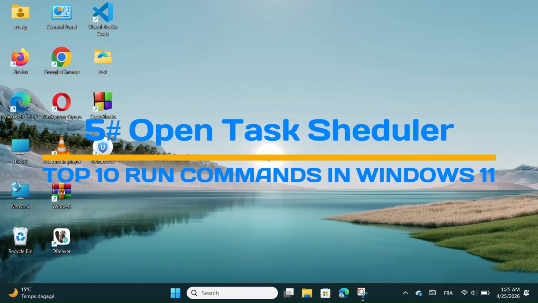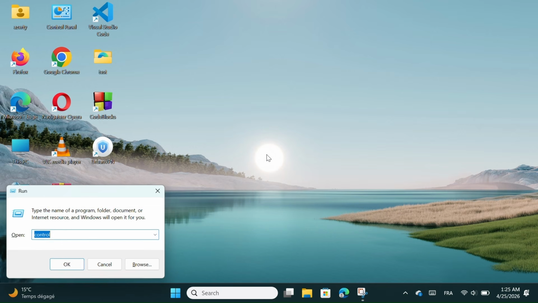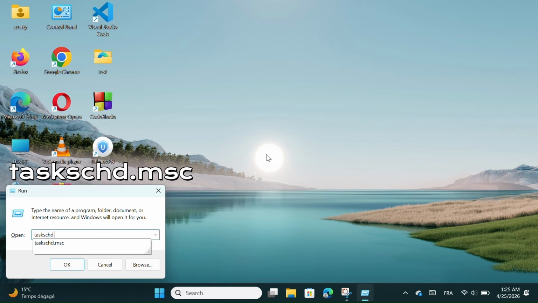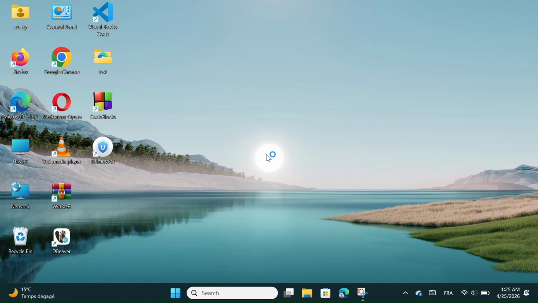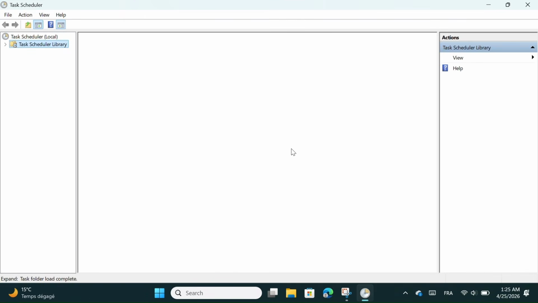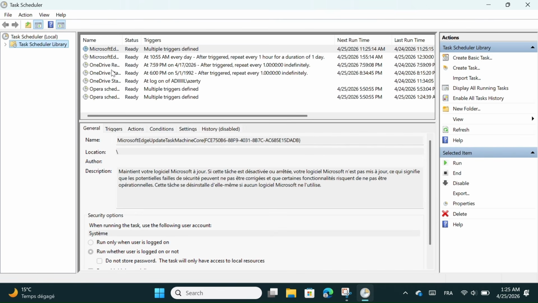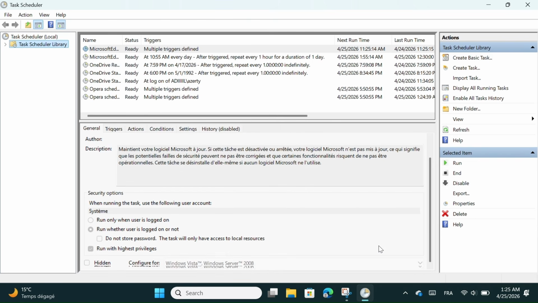Next, we have Open Task Scheduler. Open the Run dialog by pressing Windows + R, and type this. Then press Enter on your keyboard. This will open the Task Scheduler window. As you can see at the top, there are many folders and task libraries that show you all the scheduled